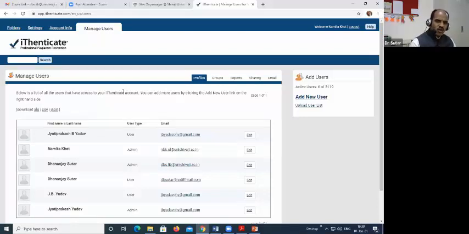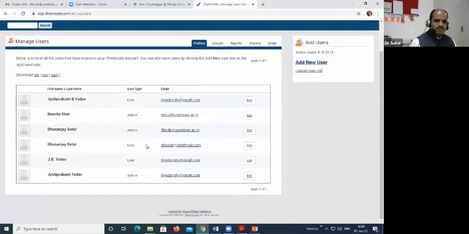He has the authority to decide to whom the username and password will be given so that they can make use of this software. This is the name of the person who is now using this software. The director of this library is the admin. Myself, I am also an admin. Two or three accounts are there.